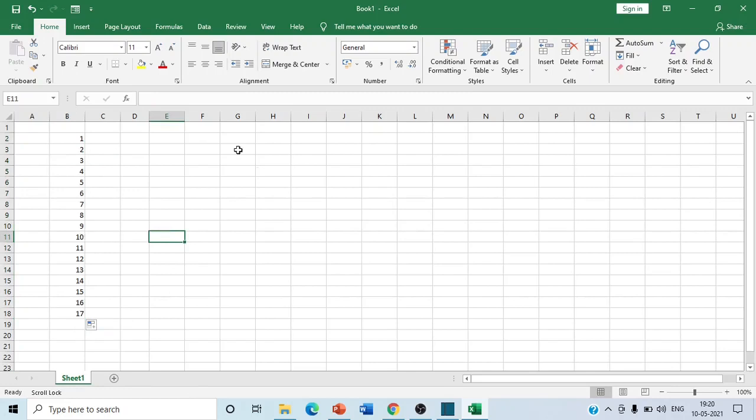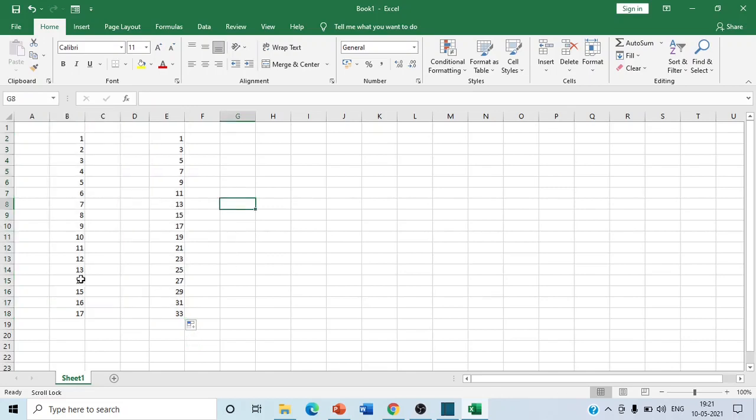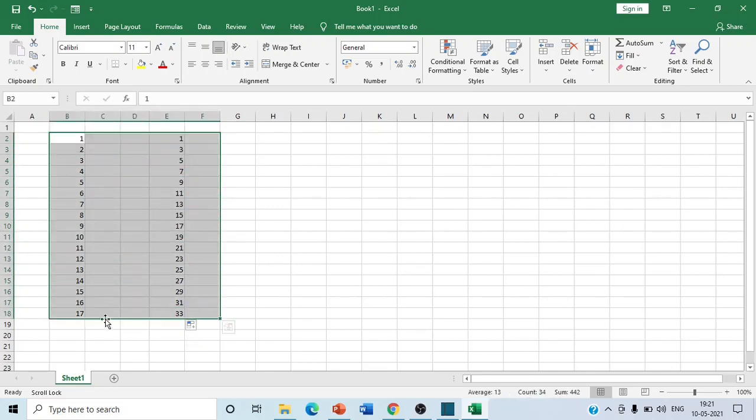Let's try another. If we write 1 and we write 3, you can see that there is a difference of 2. We do the same thing and you will see 1, 3, 5, 7. There are differences of 2 between the digits. That is a predefined series by which Excel fills automatically. For counting and for multiplication tables, you can fill such types of series. I hope you understand.